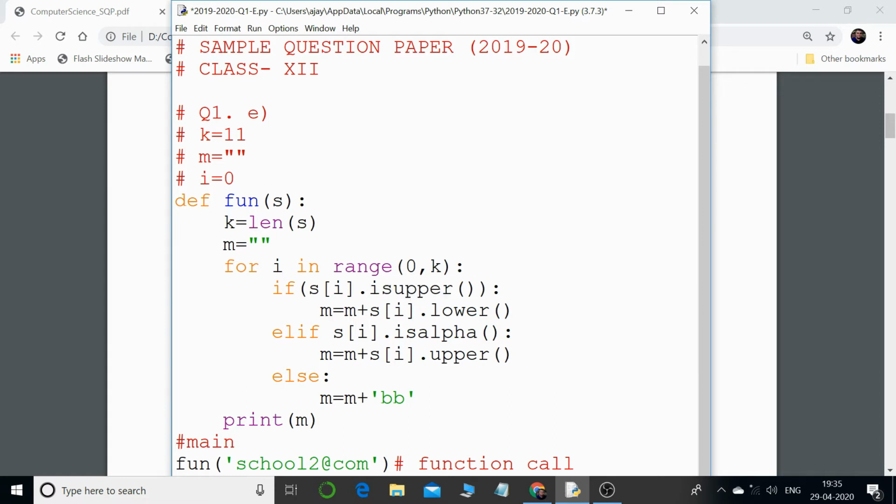So the first if statement will go false, and since it goes false, it will go to the elif part. In the elif part I am again checking if s of i isalpha. Isalpha means whether it's an alphabet or not. In this case, yes, it is an alphabet, so this condition goes true, and since this goes true, what I'm doing over here is trying to add these strings, right? We can join two strings, we can concatenate the strings.